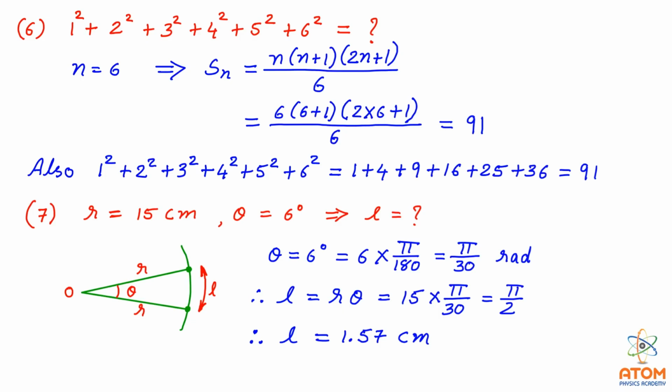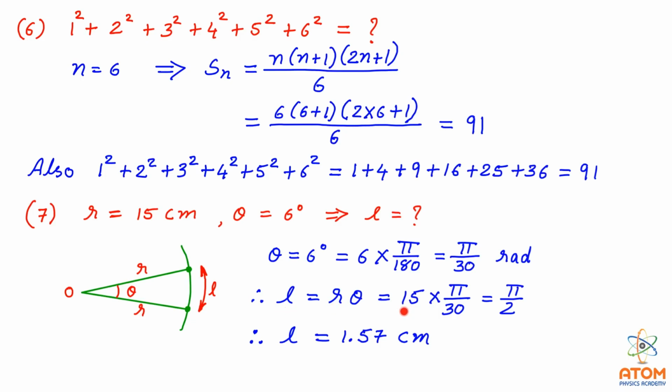As I have said there, the angle should first be converted into radian. How an angle can be converted into radian, we will see in detail later on, but here let me just give you a glimpse of it. You just have to multiply the angle with pi by 180, so it will be converted into radian. So here theta is equal to 6 degree, so 6 into pi by 180, that gives us pi by 30 radian. So here the angle is pi by 30 radian. Now I can use this angle in the equation of arc. We know that arc is equal to radius into angle, that means L is equal to r into theta.